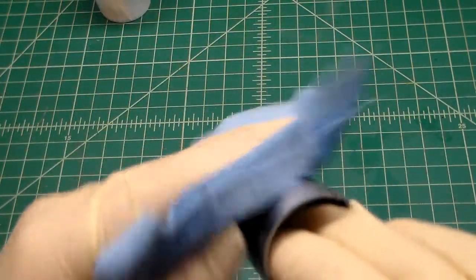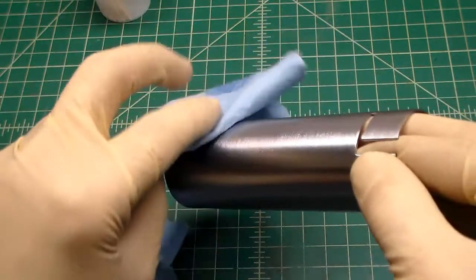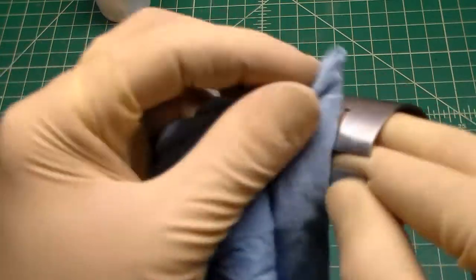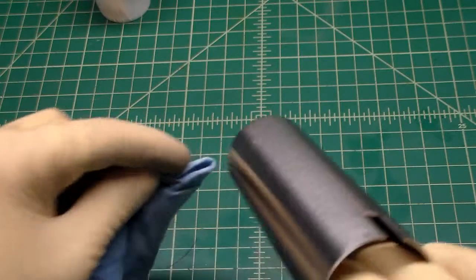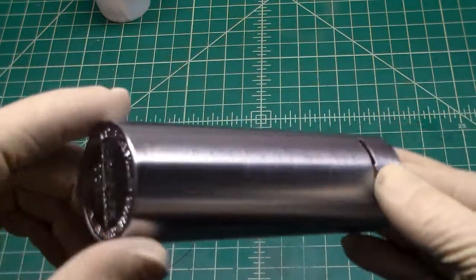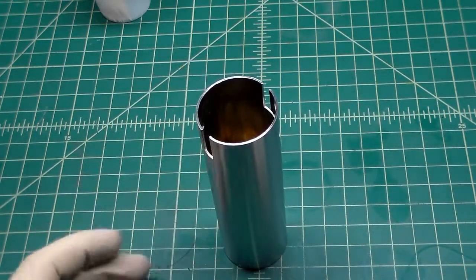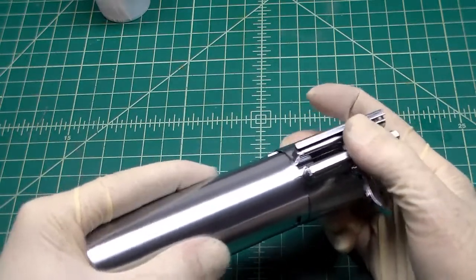Okay, so now we've got our lower half wiped down. I'm just going to take a dry section of the cloth and just make sure I get all the dust and everything off of it. And with the gloves on, now I can touch it without having to worry about getting oil and fingerprints and things like that. So the next step is you're going to want to install it in the clamp